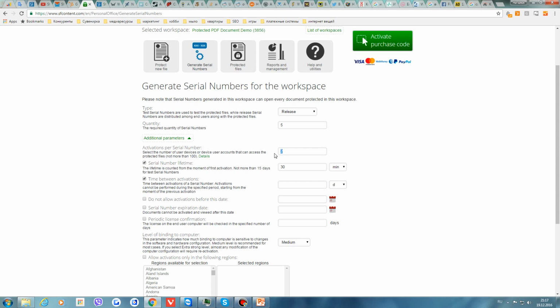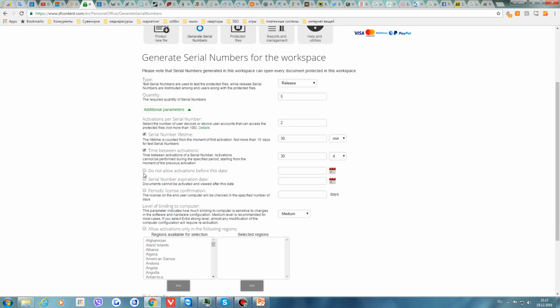For example, you have 2 activations. You want one activation to be used now, and the other, for example, in 30 days. Usually people do it because they don't want their activations to be shared with anybody else.